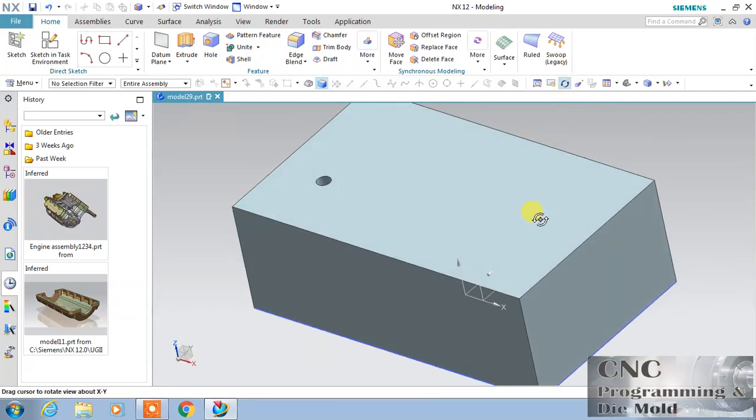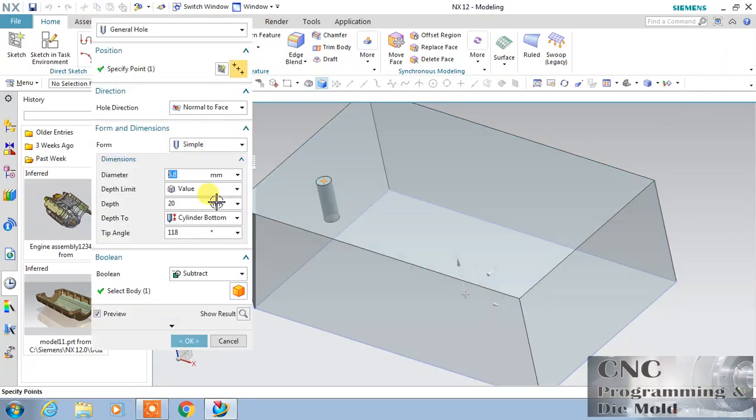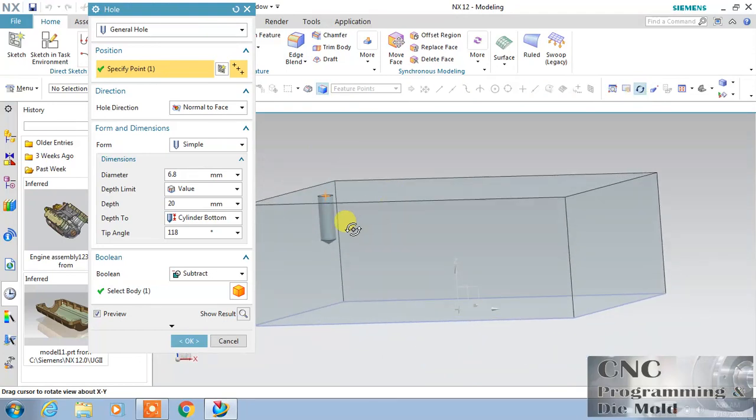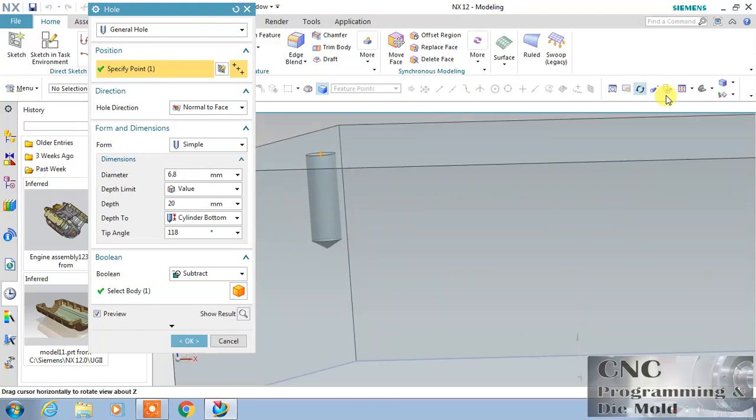just rotate this and double click over the hole, so it will add it. Now we are discussing about the bottom. So this is my bottom, and bottom is V bottom. If you want to change, you can change this. This excludes the V depth, and if you want to include the V depth, just click this. And I don't want this, so just go and change the angle.